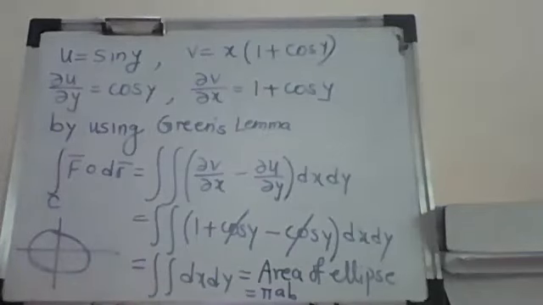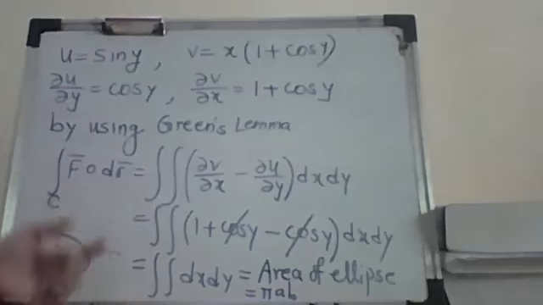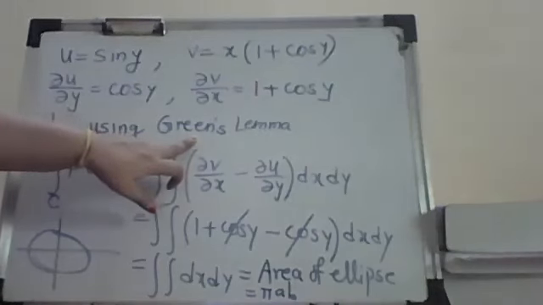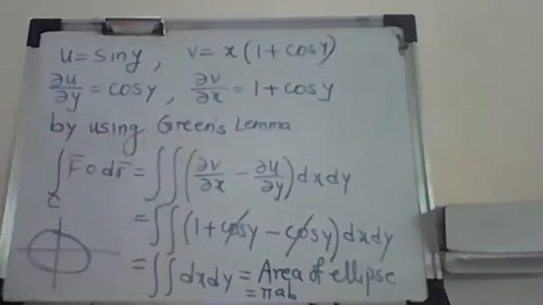So this is the nice thing about all these theorems: whatever complicated things I have, you can just simplify them and get the answer very easily. These are nothing but tools, kinds of tools which you apply for different expressions. Because of the relation we can apply them, but the limitation here is that u and v must be functions of x and y only. If z is also there, then you can't apply Green's lemma. There you have to apply Stokes theorem, which we are going to see later on. That means a three-dimensional surface or object is given.